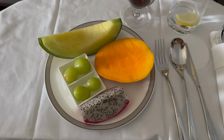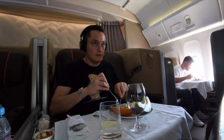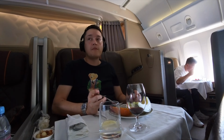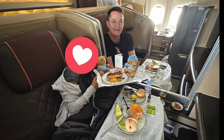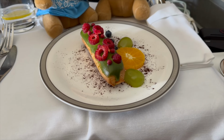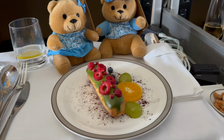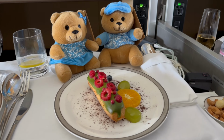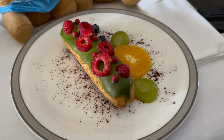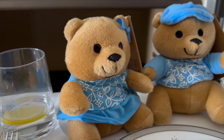One thing I have to highlight though afterwards, and we mentioned that to the cabin crew that we were actually on our way to Bali for our wedding. The cabin crew actually came and brought us another little treat. You can see here, we managed to take a photo. They brought a little eclair, I believe, with fresh fruits, and also these two bears, this bear couple, which is super cute. There was also a little card where the entire crew signed. So I feel like these are small things that just make the experience a lot more personal,